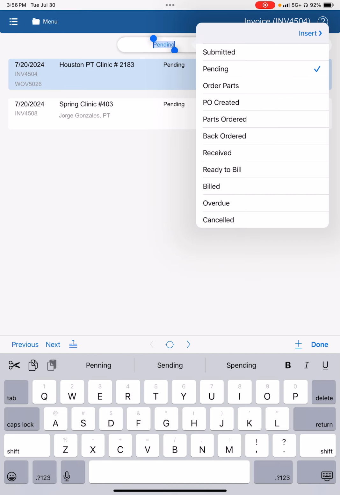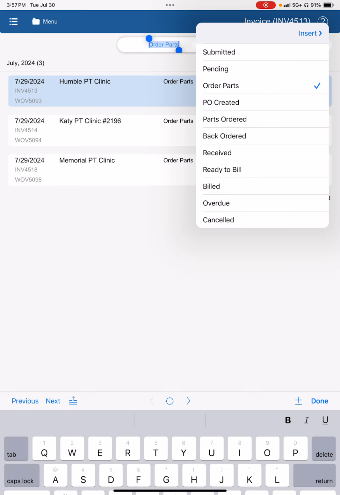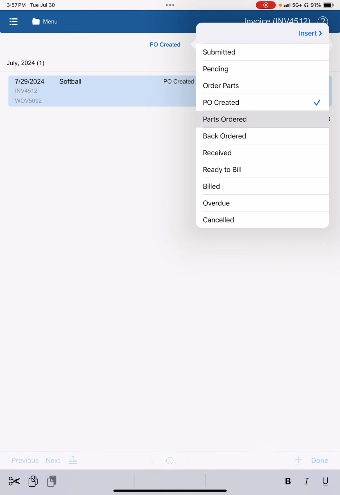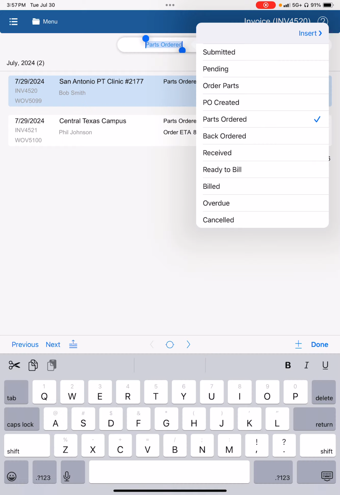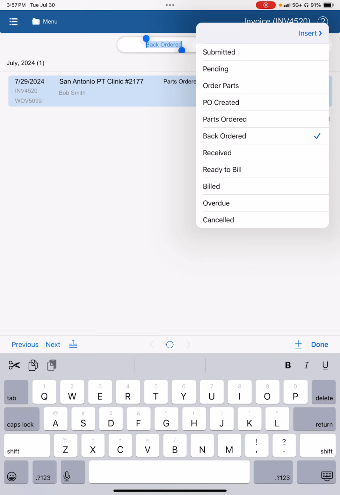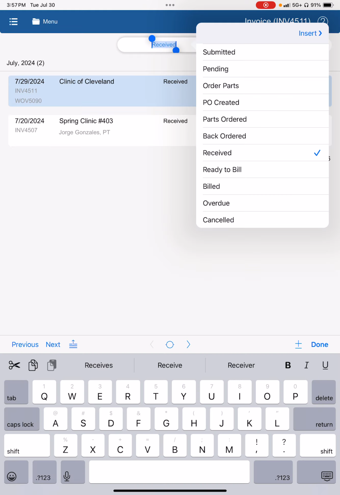Order parts. These three invoices need to have some kind of purchase orders created. This PO created is one invoice that we started to create, but we have not completed it yet, so it's sitting there in PO created. Parts ordered. All of these, parts have already been ordered, so we're just waiting for the parts to come in. This one is back ordered. Something on this purchase order was back ordered, so it's going to sit here in back ordered until the product comes in. Received. These purchase orders have already been received,